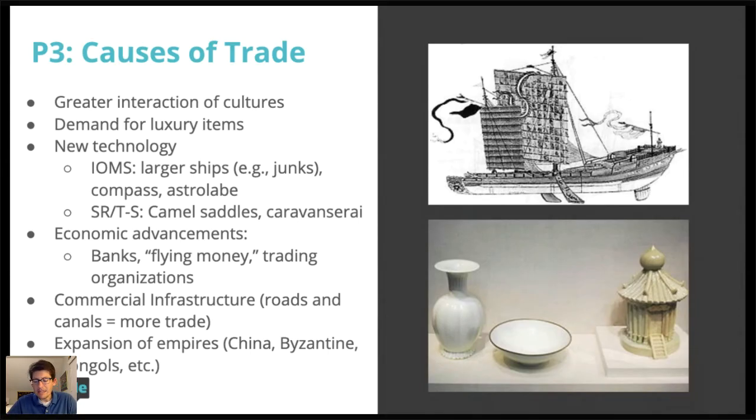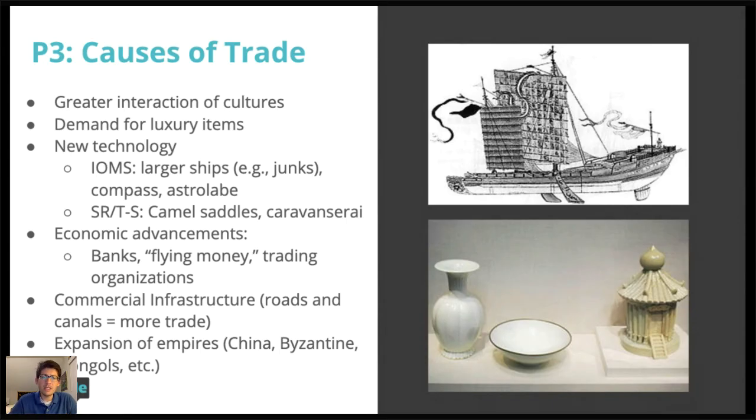Along with that, in pretty much every case, anytime we see an expansion of trade, it's usually partially due to new trading technologies. In the Indian Ocean, one of the reasons why this network becomes dominant is because of larger ships. For example, Chinese junk ships, which are used for trade in the Indian Ocean. They can carry much larger goods. The invention and the improvements upon the compass and the astrolabe, they're used in the Indian Ocean before Europeans used them to sail across the Atlantic. So these new technologies make trade and travel much easier.